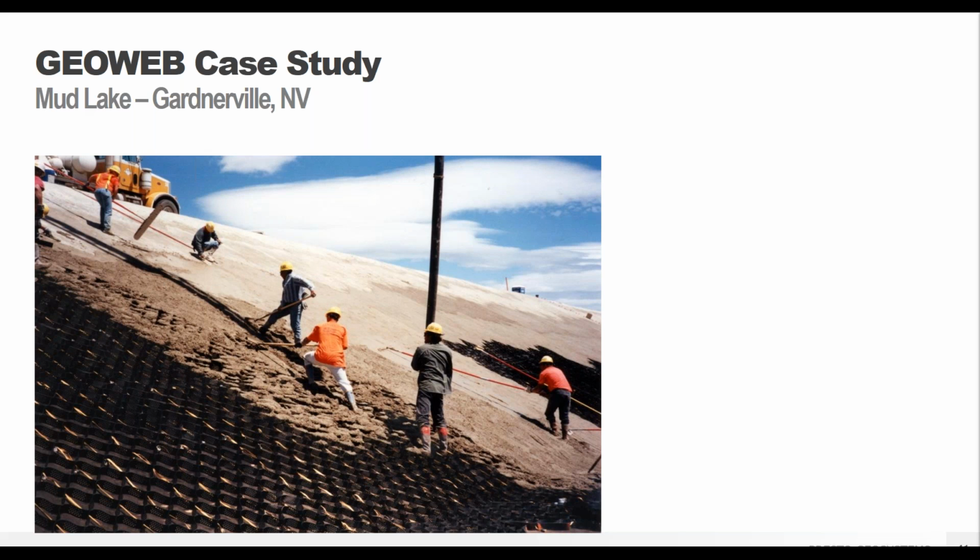And then you can see everything has been placed on the slope and they're starting to pour their concrete here. You can pour the concrete just at the crest, and you can see these guys not wearing fall protection, which is not a good thing. But you can see them coming in and raking the concrete down from the crest into the GeoWeb cells all the way down to the bottom, and then screeding to the top and making a nice smooth surface.